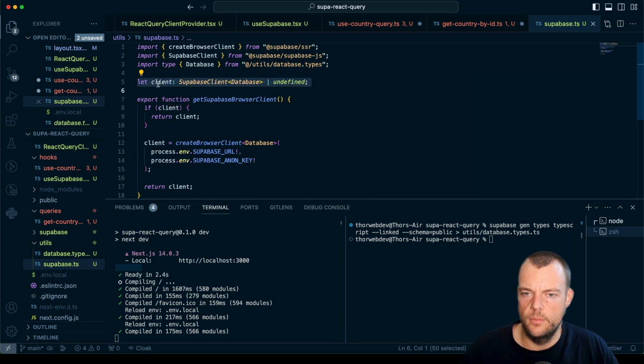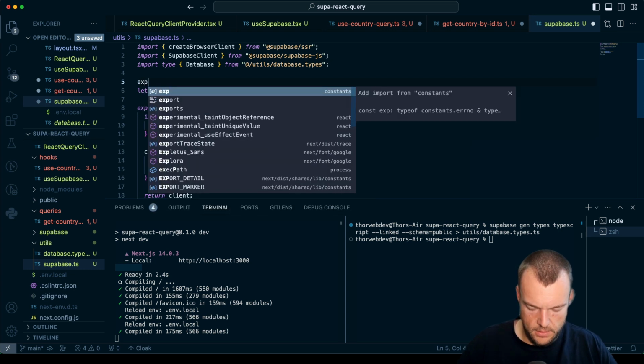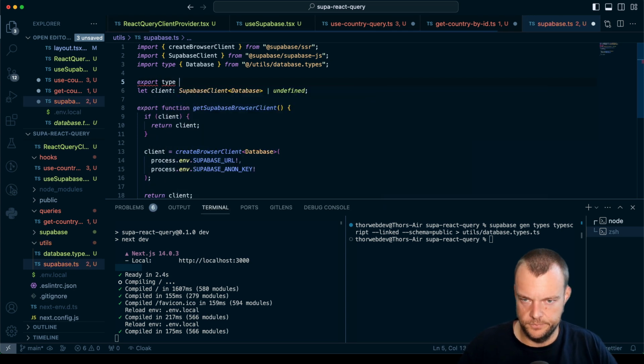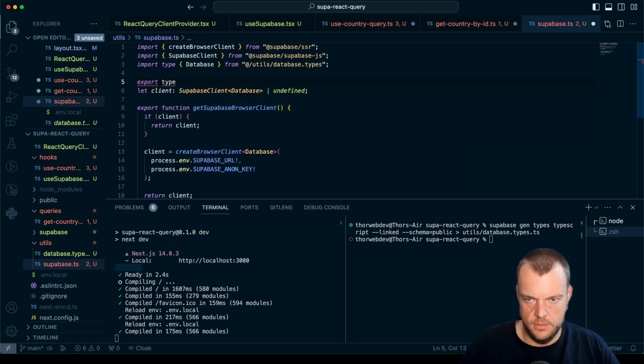So maybe we can also export the type, export type, maybe typed supabase client,